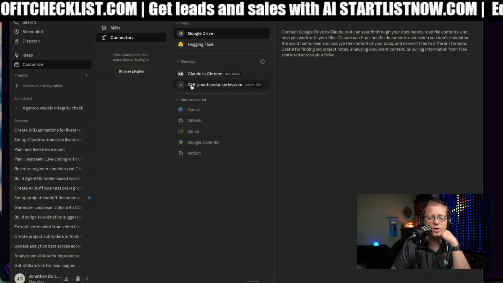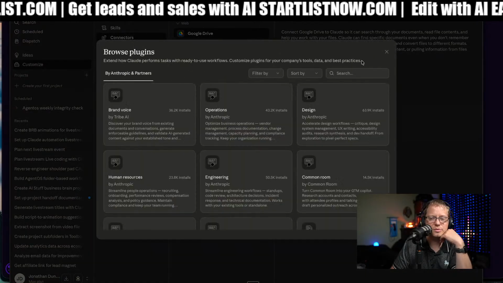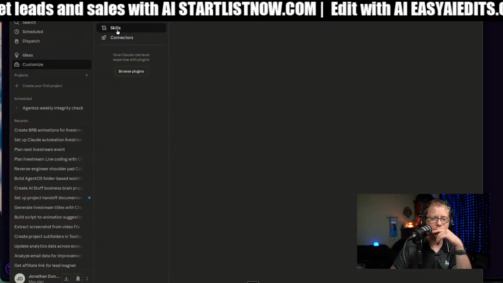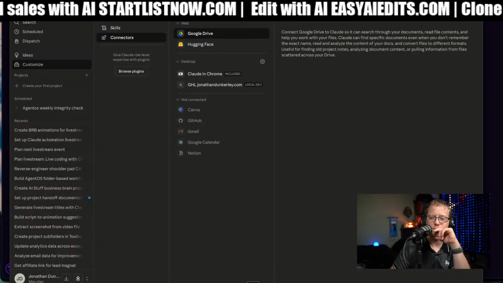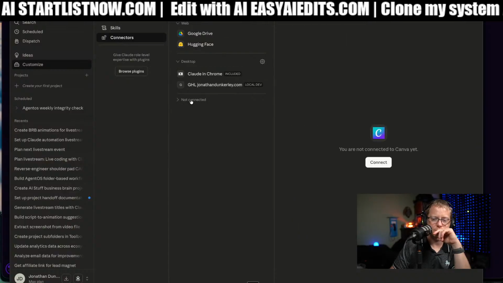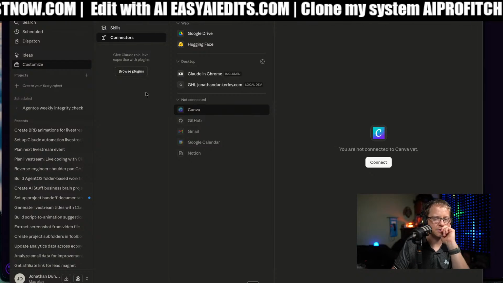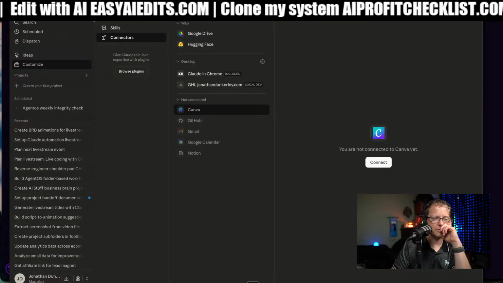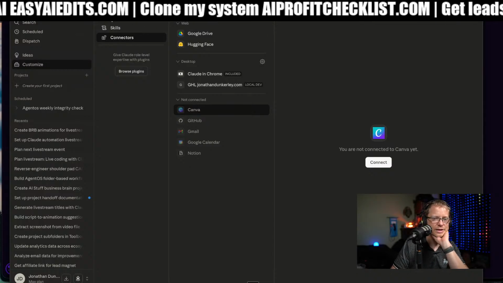I even have my GoHighLevel server right there, but you can browse plugins. Those are plugins, not connections. Not sure why it's not showing me the connections store. Add connections. Probably something to do with that weird issue telling me I need to turn the app off.